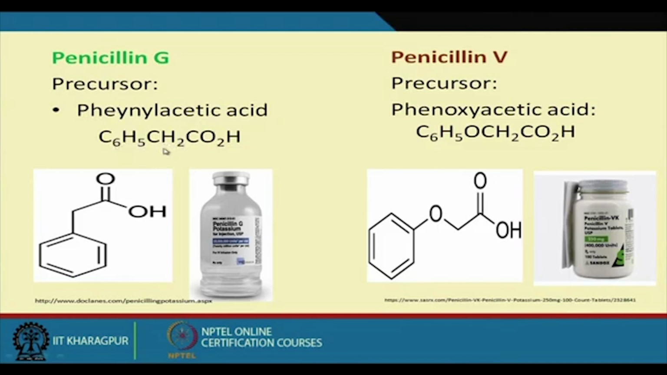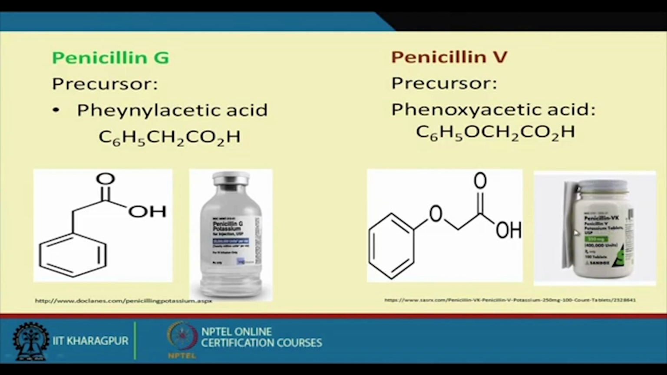Its formula is C6H5CH2. The acetic acid formula is CH3COOH. One hydrogen is removed, and it becomes C6H5CH2COOH. This is phenylacetic acid. From that we produce penicillin G. This is the potassium salt of penicillin, mostly used in the form of injection vials, and the sodium salt actually